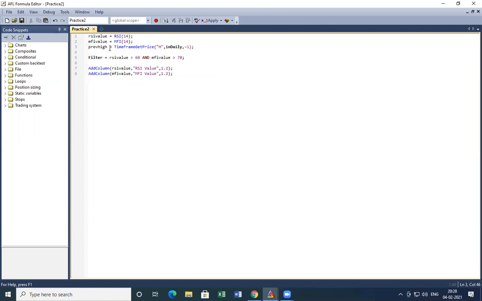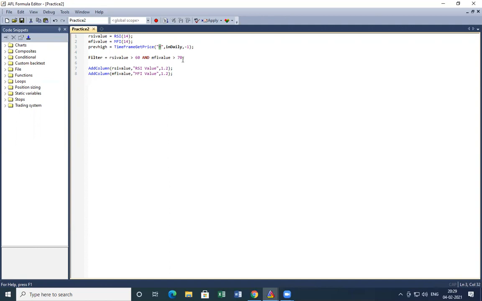What I'm doing here is I defined a variable where I want to get the previous day high value. I'm using this function for that. I defined capital H in double quotes, comma, in daily time frame, and I'm shifting the bar by 1. So here I'm getting the previous day high values.